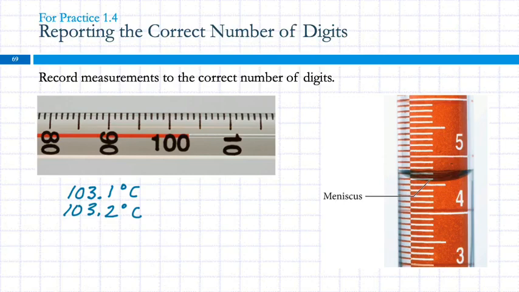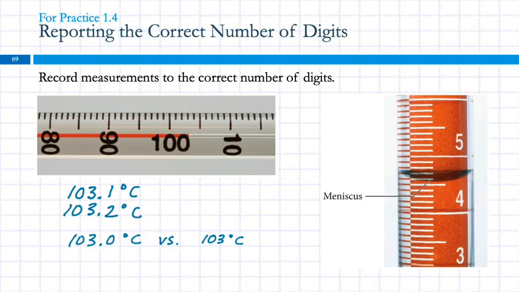Yes? If I thought it looked like 0, is that incorrect to put? No, that's okay. So you might say, well, no, it looks to me like it's right on the line. So 103. I think it's just right there, 103. I still have to write the next decimal place. So I'm going to write 103.0 degrees Celsius. Okay? The 0.0 there is really important, and that's the one that students often leave off. 103.0 versus 103,